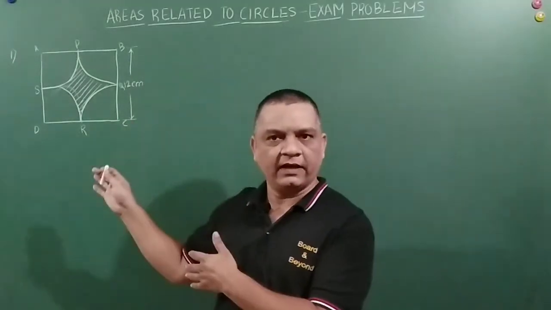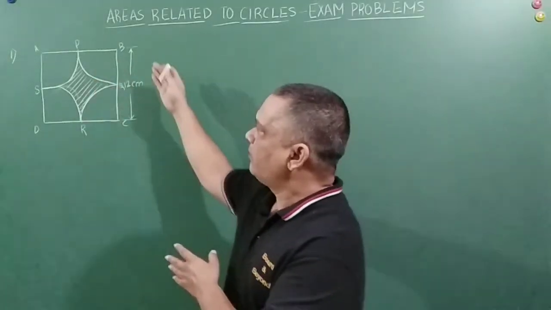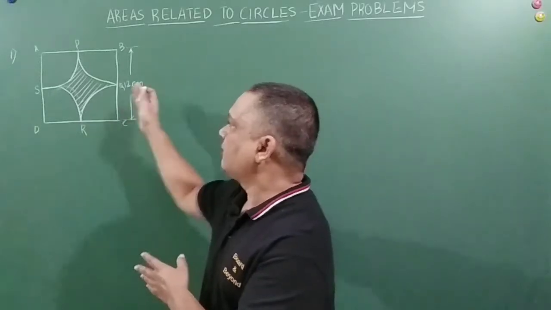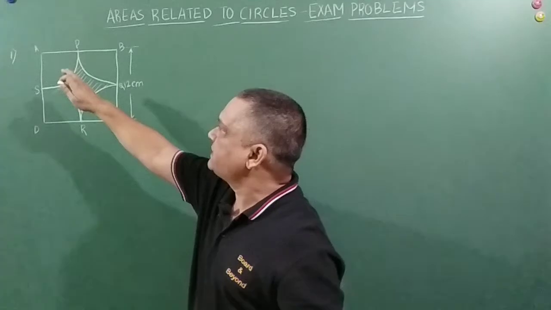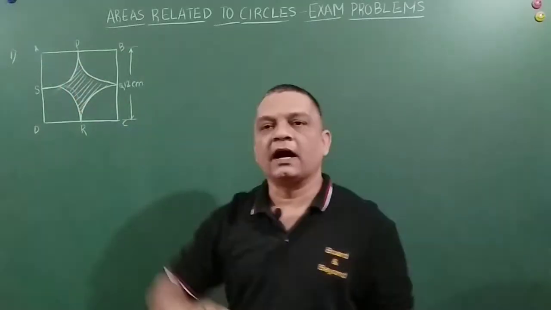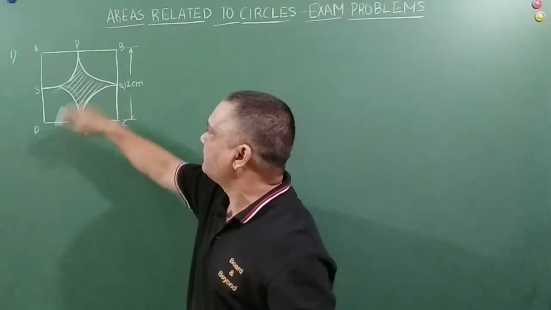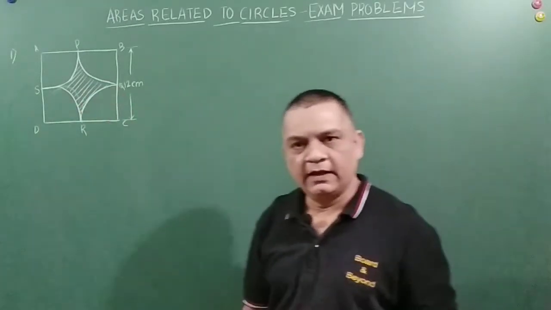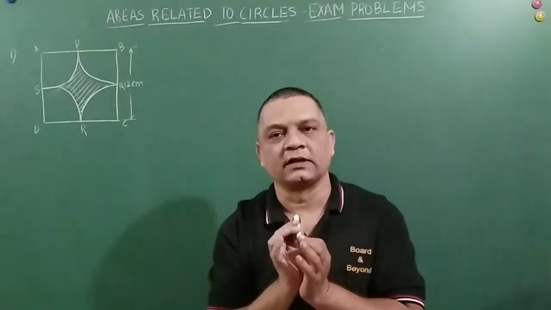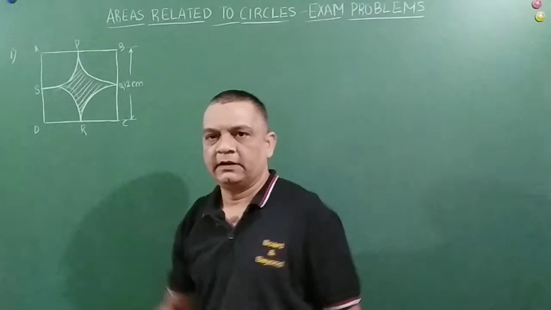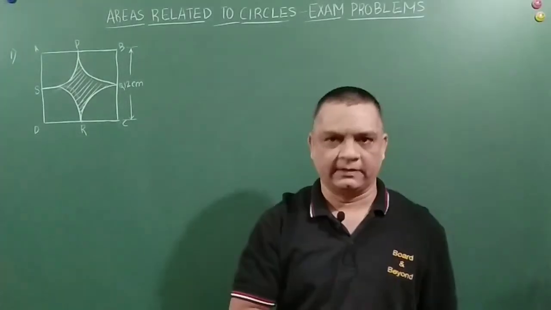I have drawn the figure here, okay? So friends, see, this is a square named ABCD of side 12 centimeters, right? From all the corners, that is A, B, C, D, there is an arc drawn, which is touching the midpoints of the other two sides, right? So certainly there will be an area which is left over in the center of the circle, right? I have shaded it. So we are expected to find the area of the shaded portion here, right friends?